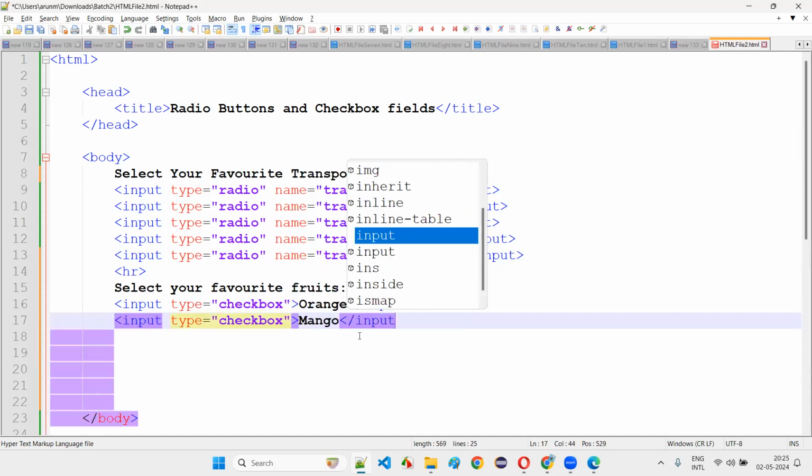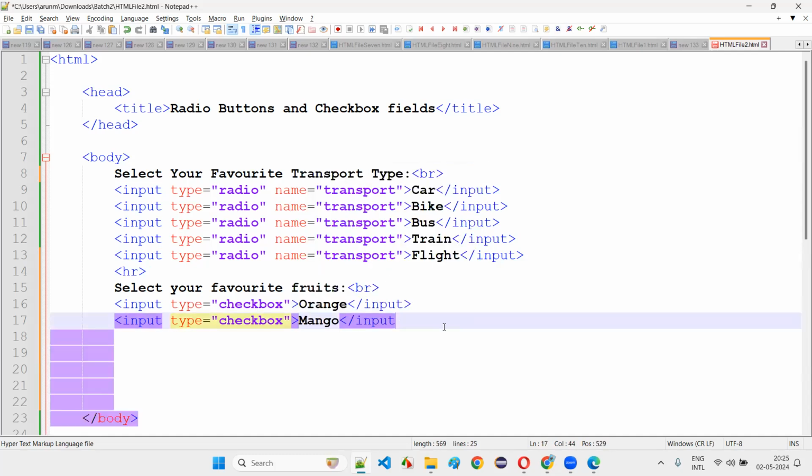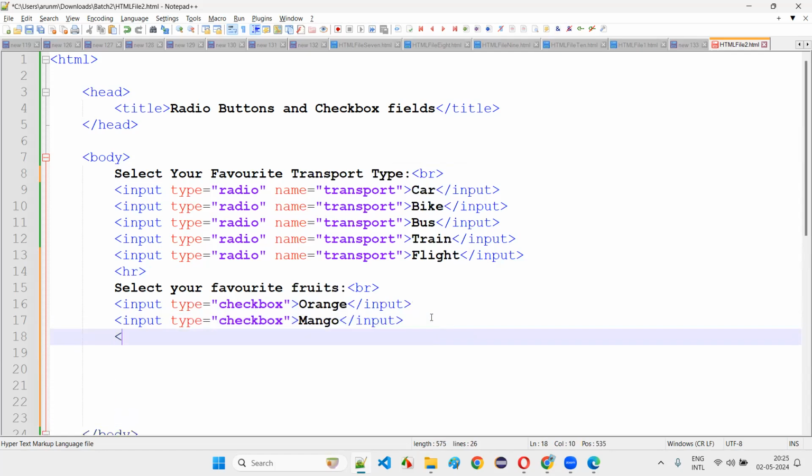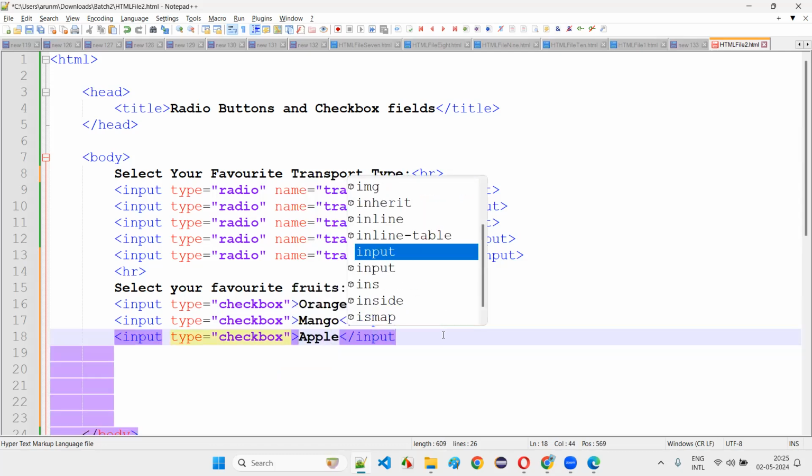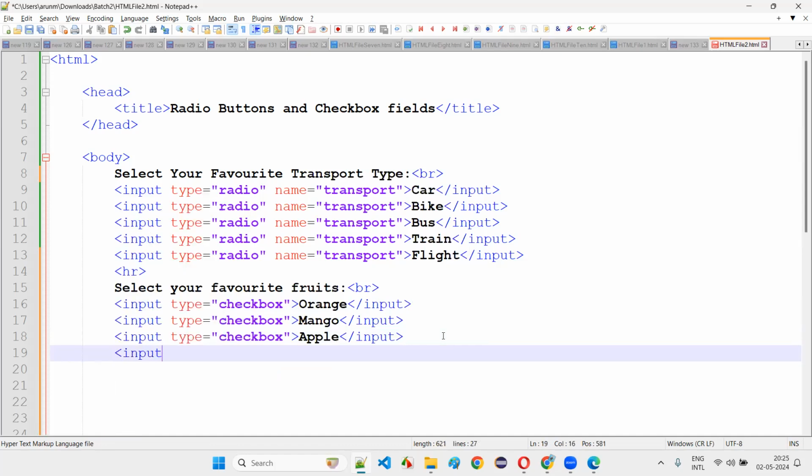Most of the people here in India have mango as their favorite fruit. Yes, checkbox. Now input, type is equal to checkbox. Apple, that's also another famous fruit we have in the market. Input type is equal to